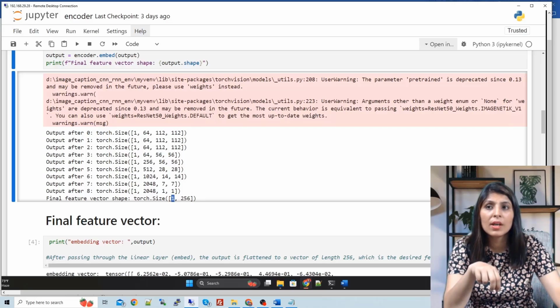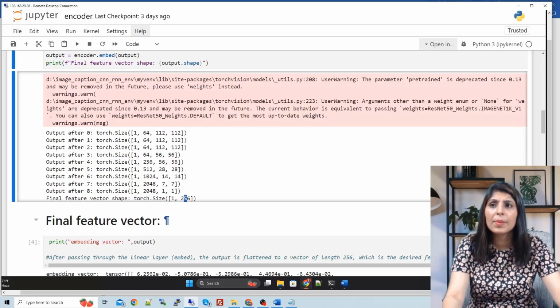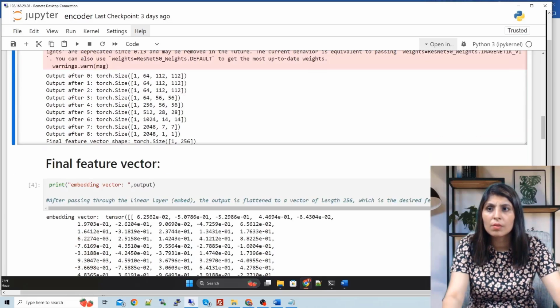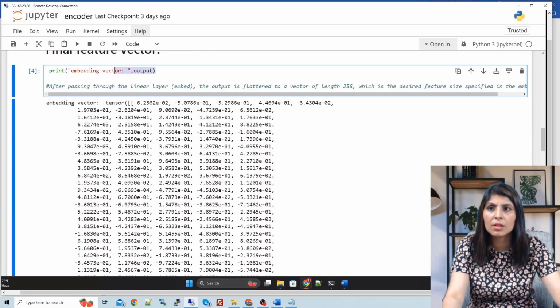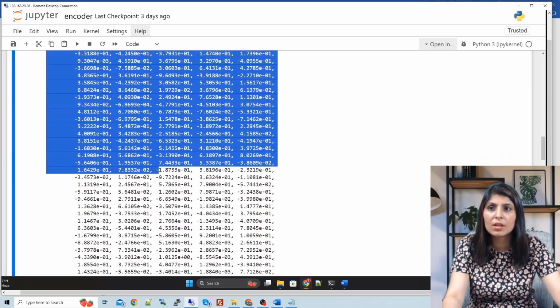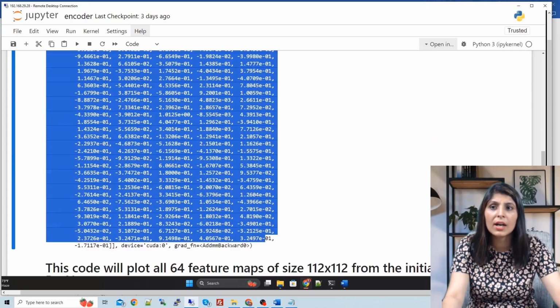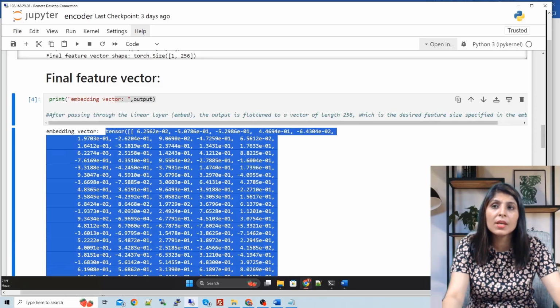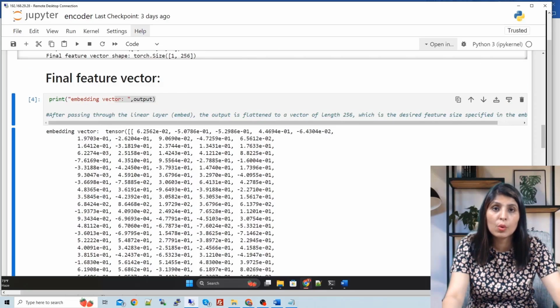So this one image has a feature vector with 256 values. Now let's print this output. These are the 256 different values we have for that single image. So this will be the output of your encoder CNN, and this will become the input to the decoder.